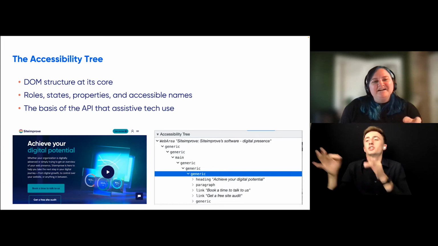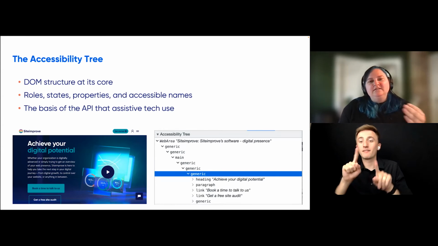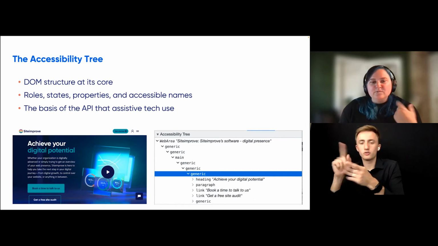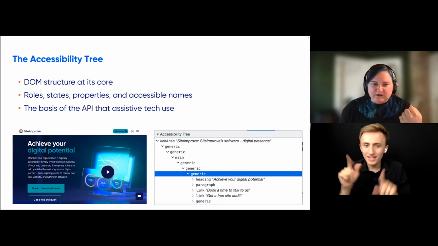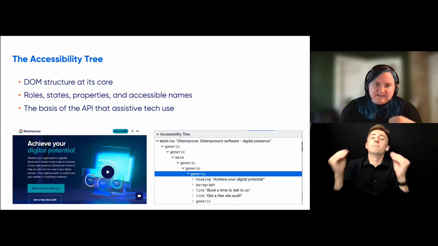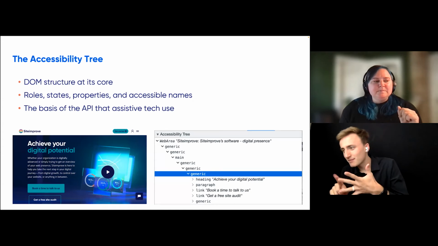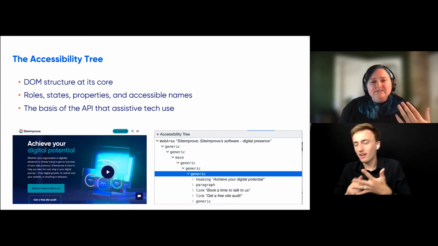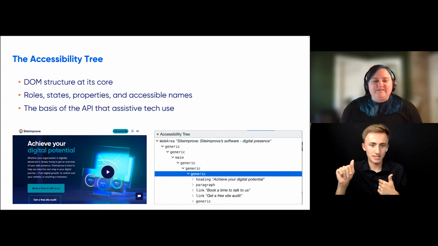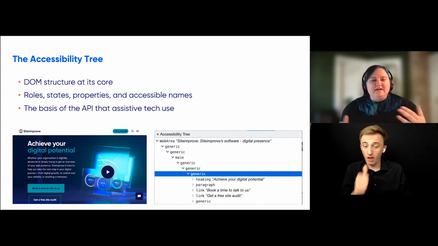So if we open the accessibility tree in DevTools, we're getting a little snapshot of what is going to be communicated to our end users who are using assistive technologies. And I think this is huge because I don't know about you, but I am not a tester. I'm not a screen reader expert. I probably never will be. So I could do more damage doing screen reader testing because I'm not as familiar with all the steps and settings and user preferences that get set and expectations, right? I want to leave that to an expert. I want to leave that to a person with a disability who uses that every day in their everyday life, right? I'm not the technology expert on that front. I want to leave it to them, right?